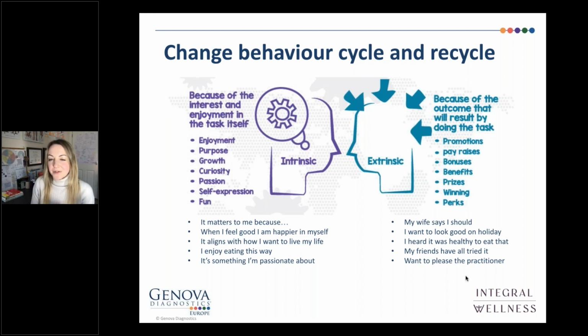Why does it matter to them that they're losing weight? And this is where weight loss is often very superficial and very surface level. But I have a lot of people come to me to lose weight. Why does it matter that you lose weight? And what we're trying to get out of them is that it matters to me because, and I've had this very real scenario, I can't play with my 3-year-old son. He's so energetic and he wants to climb all over the climbing frames and run around and kick a football, and I can't keep up with him. I'm exhausted, I'm panting, I don't have the breath. I really need to lose weight because of this. Now that is what we want our clients to say. Not exactly that, but an example of that,